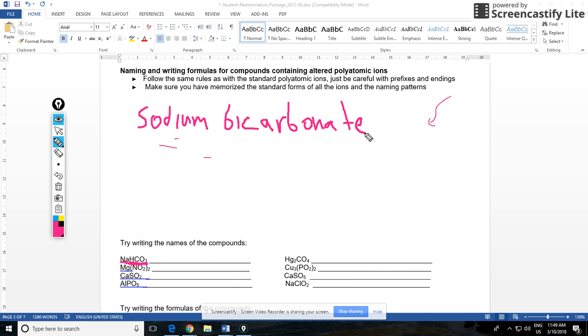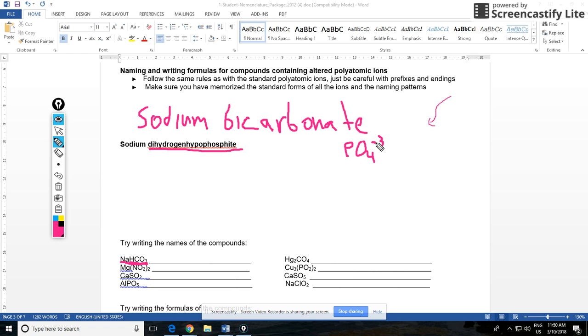Suppose you had one that you had to write a formula for. So let's do sodium dihydrogen hypophosphite. Now this one is a long one. You're combining many rules here to figure out what this polyatomic ion is going to be. So let's start off with the phosphite part. You know that phosphite probably comes from phosphate, PO4. So phosphate was PO4,